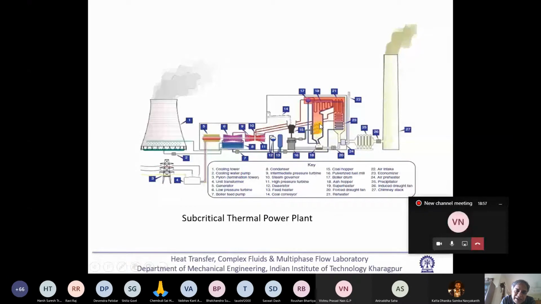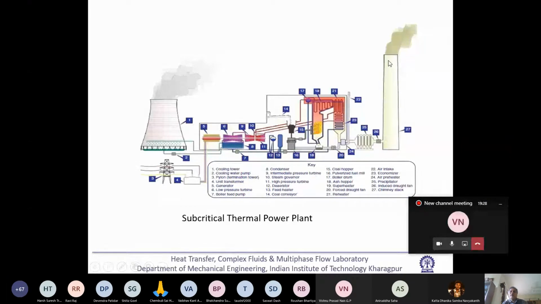So in the ball mill or pulverizer, the air is getting mixed with coal dust and then it will be injected inside the boiler, and here we can see the flame. There will be a number of nozzles and this flame we can see. And then the hot air will pass through different sections of the boiler like this, this, and through here. There is an air preheater, and then there is some sort of a separator to separate the fly ash, and then it will go to the chimney.